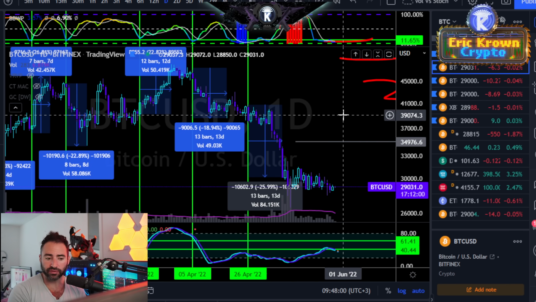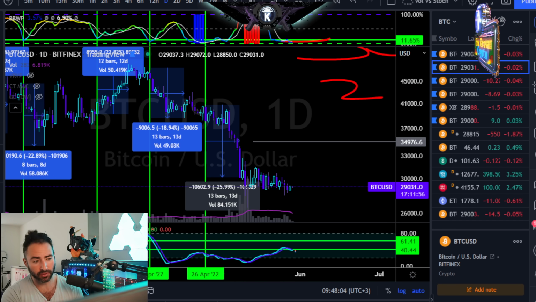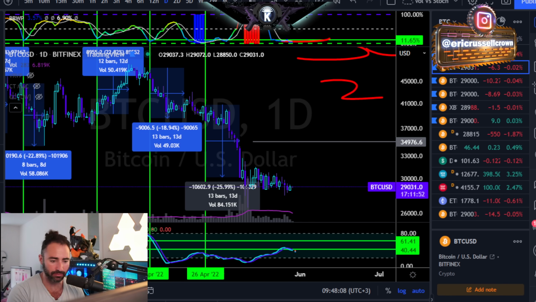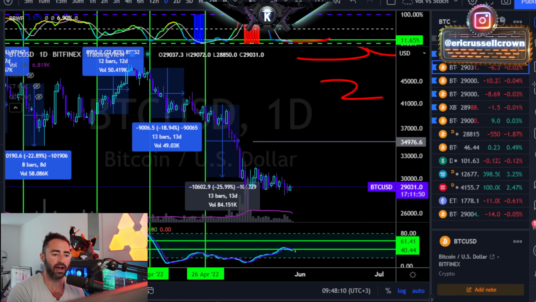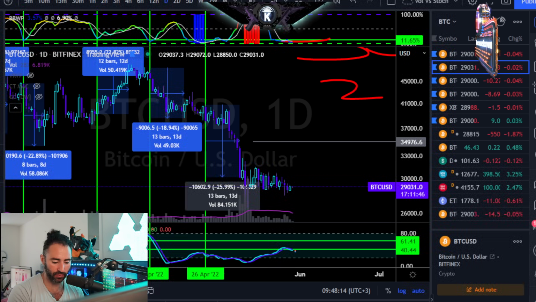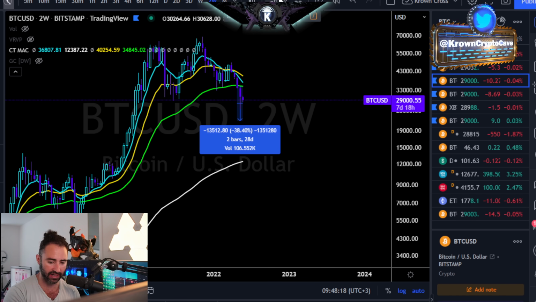All right, cool. So where does that bring us to now? All right, so let's start to talk about where likely Bitcoin could find a low here. I can give what I think is the most reasonable, at least for right now, and then I can go over what I think is the worst case scenario that I can come up with that is actually supported